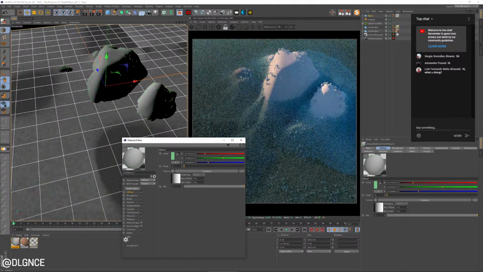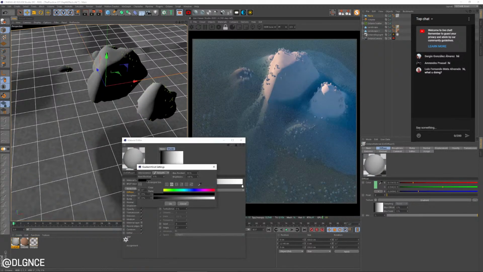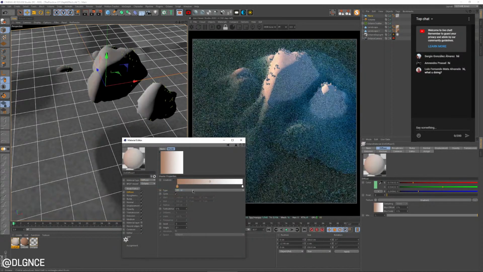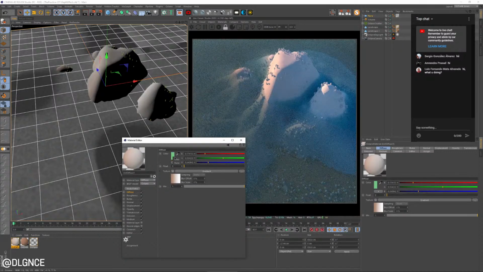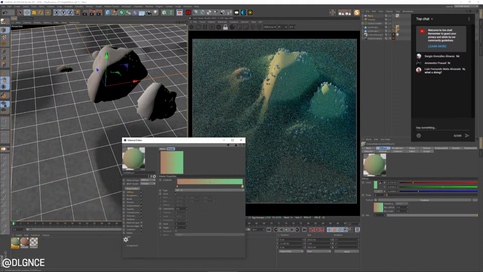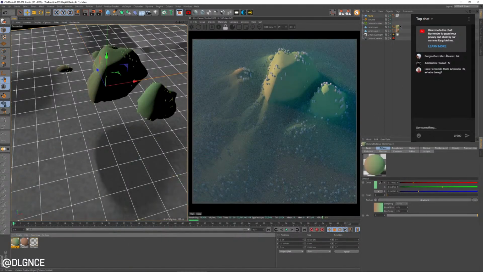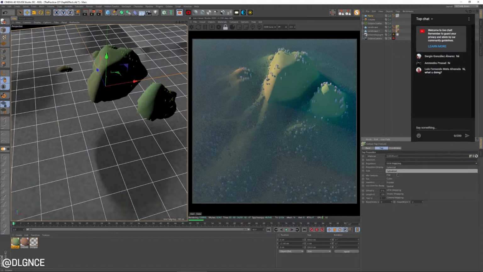So I'm going to make a gradient that's going to help with this depth effect. So I'm just going to paste in that brown color. Copy this color, paste it in the top here. And let's go ahead and modify the mapping. So let's turn this to flat